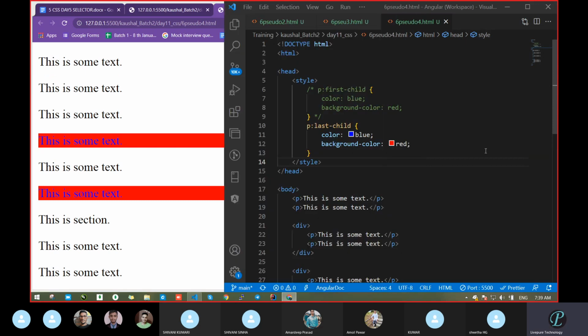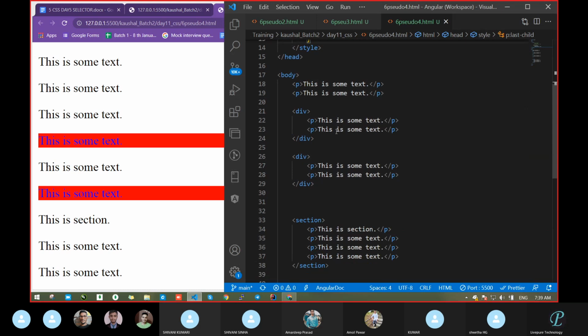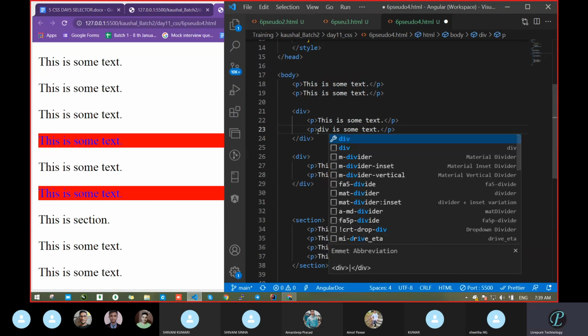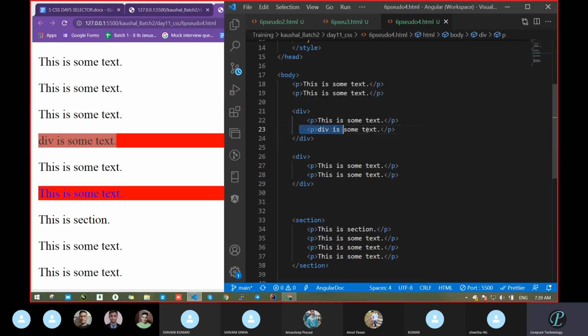So see what it had done. Which one did it take? Last child, sir. It took the last child. See, this div has some text, something I modified here. So it took the last child of each section. Yes, sir.